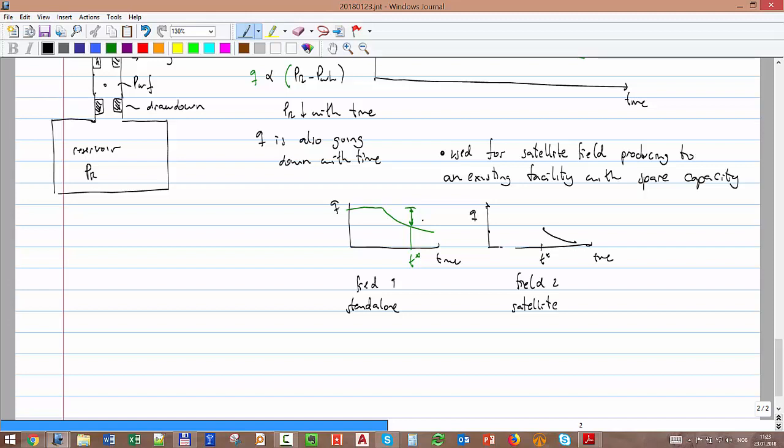Ideally, I would like to produce every field like that, but it's not possible as much. So we say